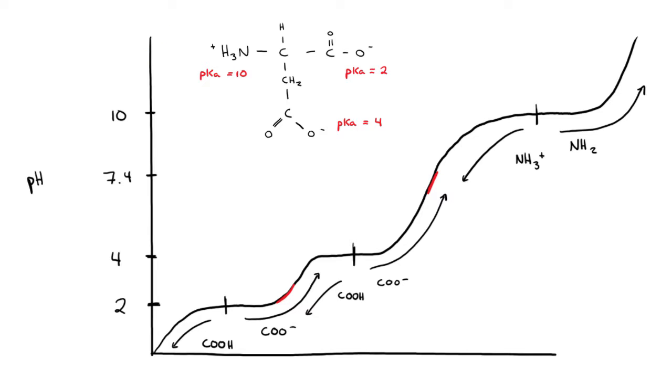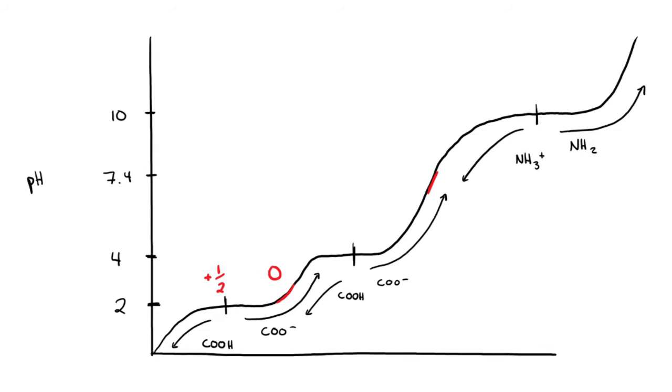Now, this is the part where most people get stumped. Where is our point of 0 charge? Your point of 0 charge is right here. Now, you should be able to use common sense to figure the rest of these in. Remember, we said that at the exact pKa's, there will be a half charge. So at pH 2, we will have a +1/2 charge, making anything below it +1 overall charge. Moving above that, we have -1/2, -1,